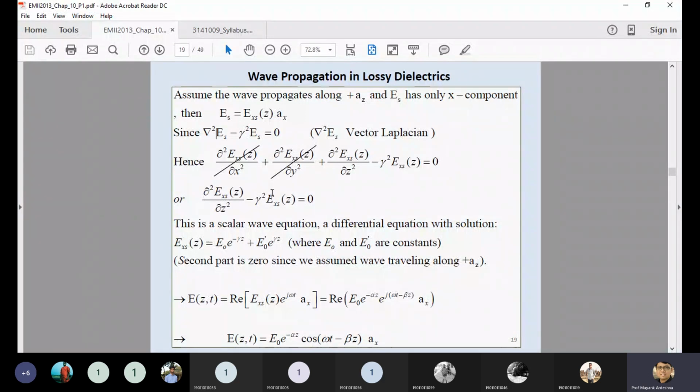Now these two terms are not necessary, the reason being that your signal is moving in the z direction. So these components, Ex and Ey, have no meaning. You only need to consider the Ez term, which means these two just cancel out, and only the del z square term is present, as you can see. So they write this equation.